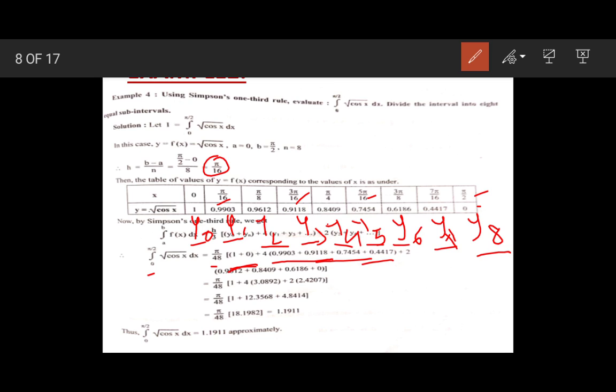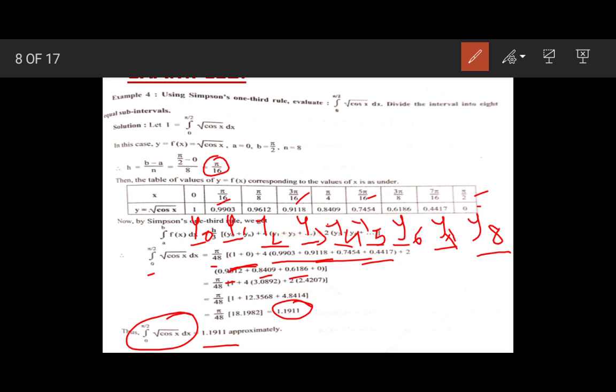Okay, that means 0.9612, then 0.8409 plus 0.6186. Okay, now after calculation we get this as 1.1911. So hence we get this definite integral as